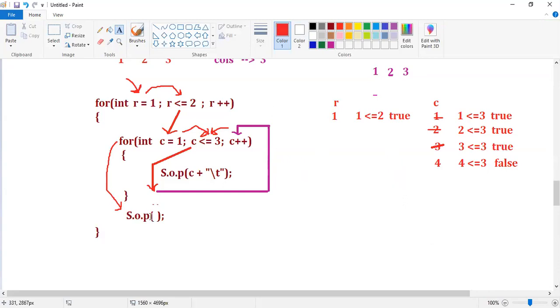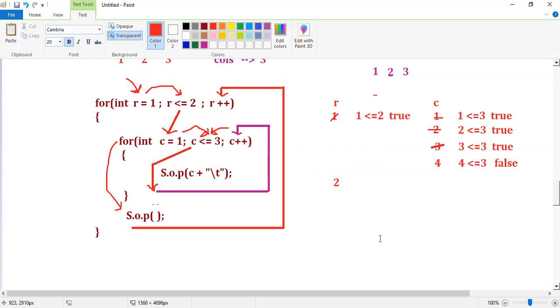Control will go to R plus plus. Because of R plus plus, one value becomes how much? 2. Check, one value becomes 2, right?